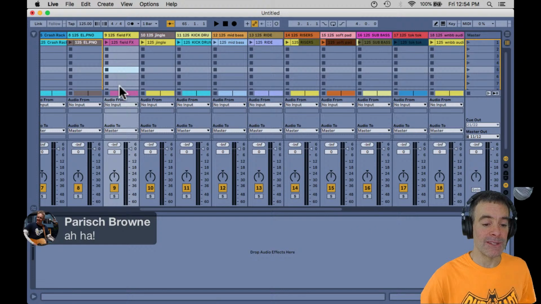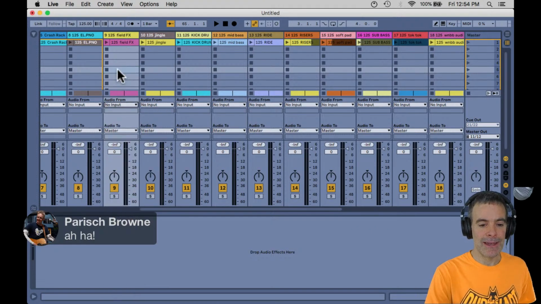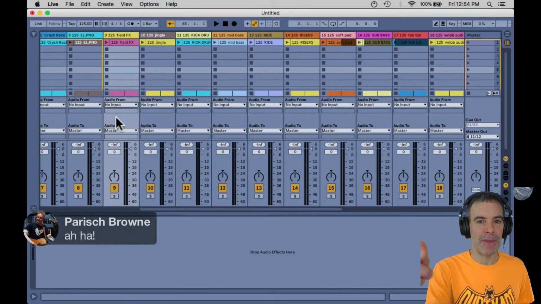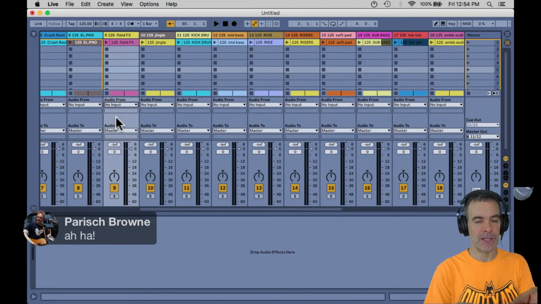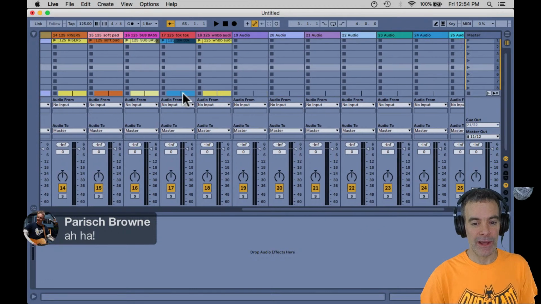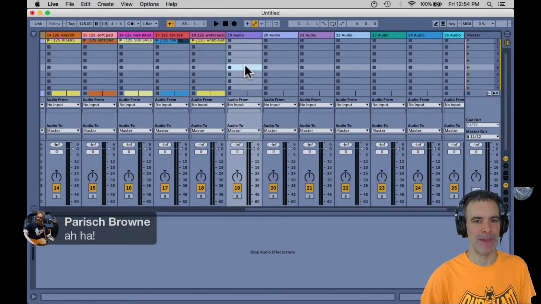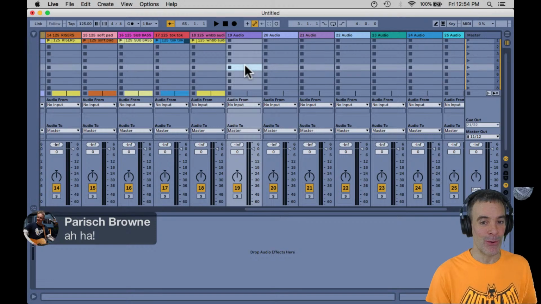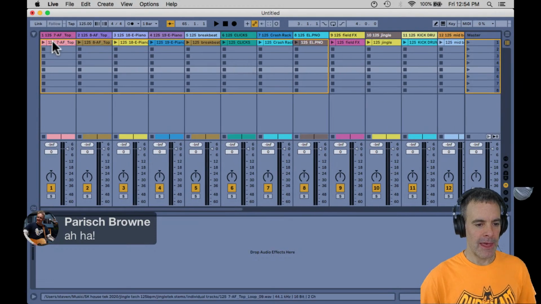And where that actually matters is when there's a default setting of the input coming from the built-in mic. When it's set to the automatic thing, you'll see a little green meter bouncing all the time from the mic in your computer picking up room noise, which you're never going to use, but it's making your computer do that conversion from room noise analog to digital audio on every one of those tracks. What if you have 50 tracks and you're constantly running processing power to make 50 times conversion for no reason at all? So set that to no input, make your life a little bit easier. And then